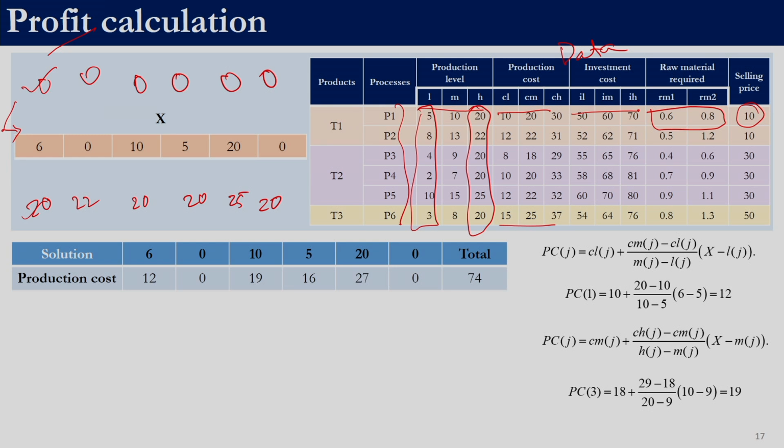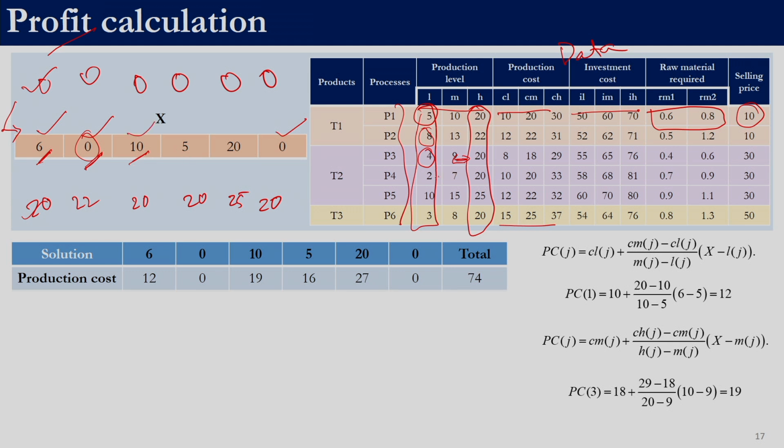In this case we have chosen a feasible solution, right. If it is infeasible, what we will do, we will come to that a little bit later. So, let us say we come up with this solution. 6, if we see, it is greater than 5, so this satisfies the domain hole constraint. 0 is less than 8, but it is 0, so 0 is permissible. 10, the lower bound is 4 and the upper bound is 20, and for 10 we can use this portion to calculate the production cost.